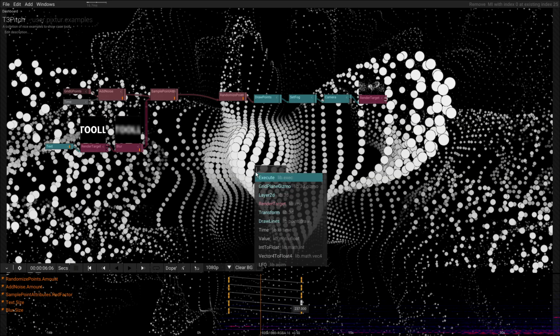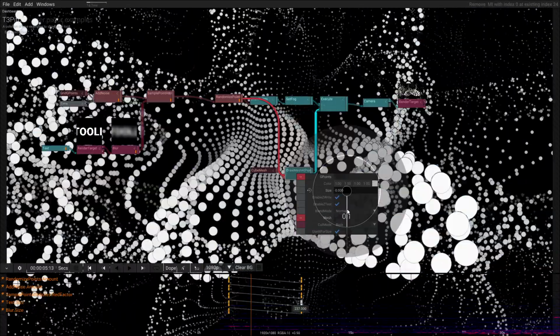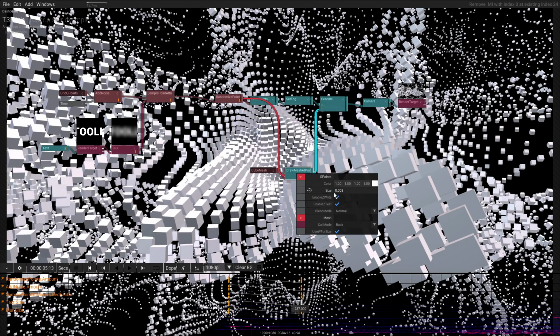So obviously we can also do 3D stuff. So let's take a cube mesh here and draw mesh points, and we use these points to draw cubes as well. Maybe keep the fog setting there. We have an operator called execute, which has an unlimited amount of inputs. So this looks quite chaotic because these cubes are way too big. But if you scale them down, we see, okay, there's something going on here.